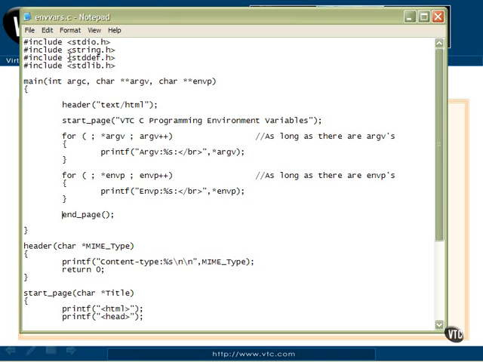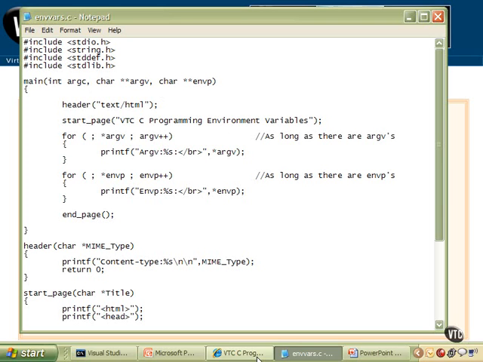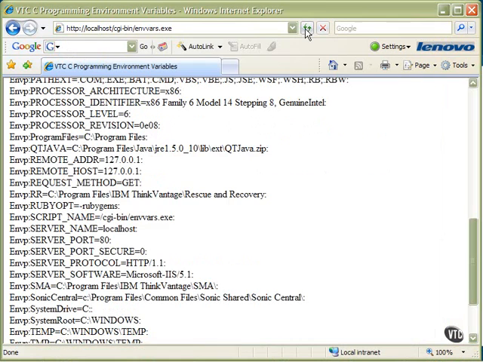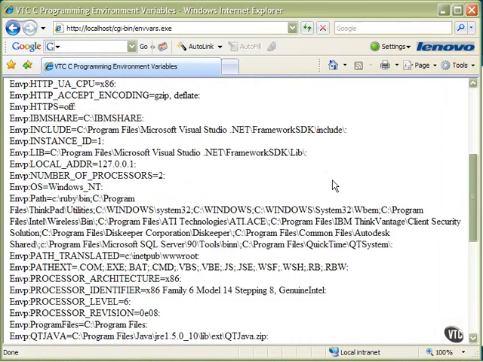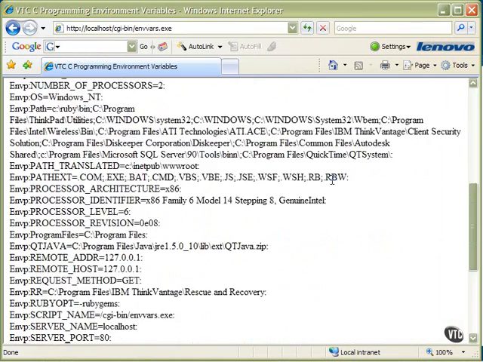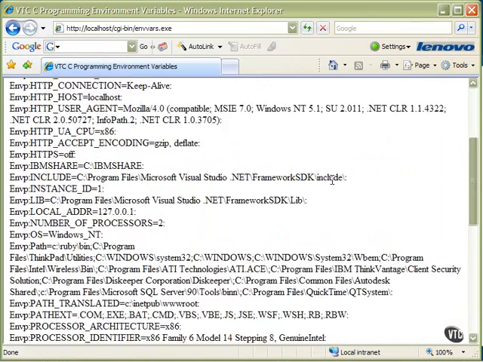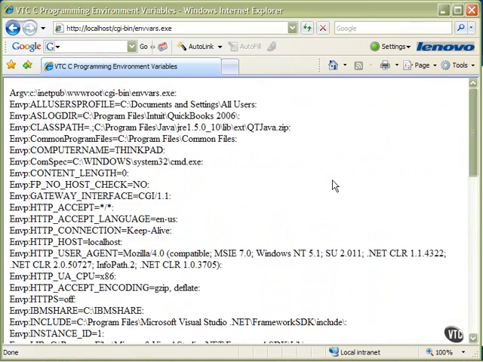So this is our environment variables.c program. I've already compiled it, and we'll refresh it. And this is the output of it. This is what you should see when you run this on your web server. Now, if you run this on a remote server, you're going to see even a little bit more information, because